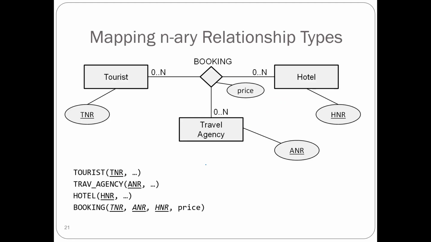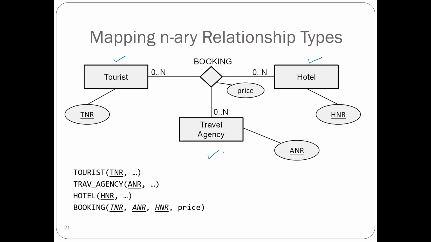So here we go, right? I was waiting for this example. This is n-ary, which you can probably call ternary, right? But we call that, after binary, we call that n-ary. Okay. So here in our example, there are three entity types involved: tourist entity type, hotel entity type, and travel